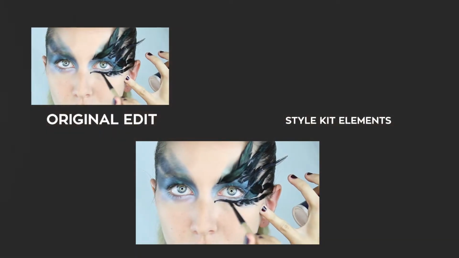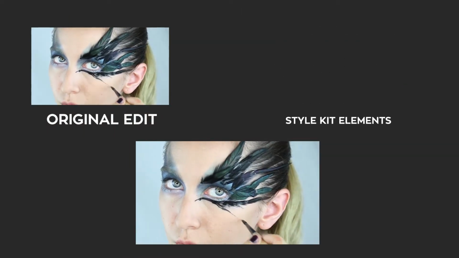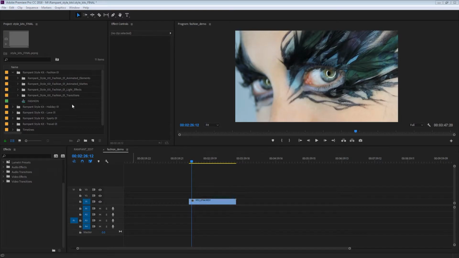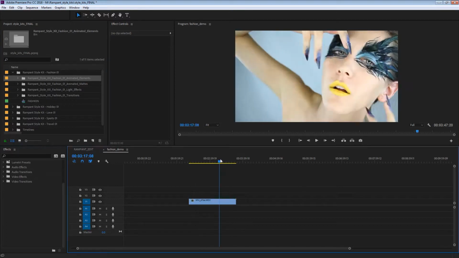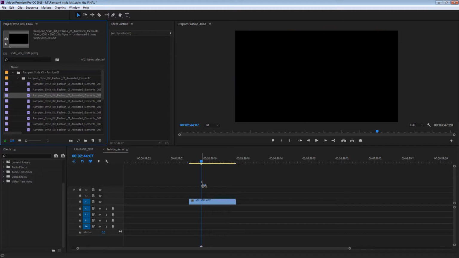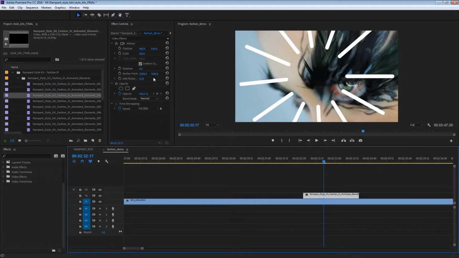As you can see, most of the effects I simply drag and drop on my clip to create more movement and to make it look more interesting. I'm going to show you real quick. So let's say I want to add an animated element on top of this clip. I would simply select one and drag and drop it on my clip. It's very easy. You can also change the size of it by going in the effect control,